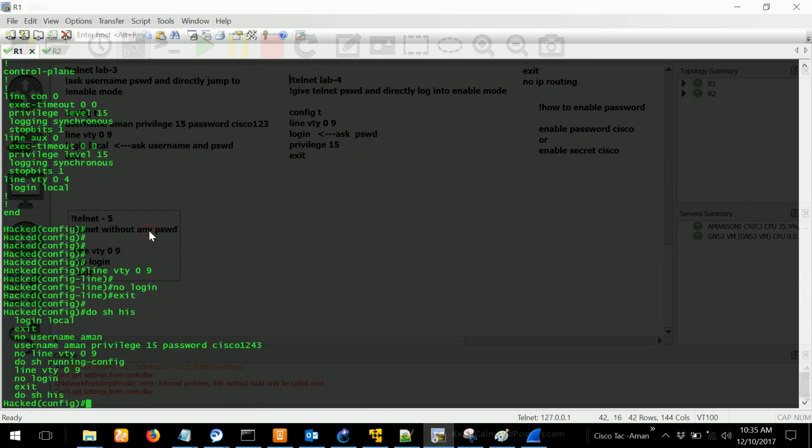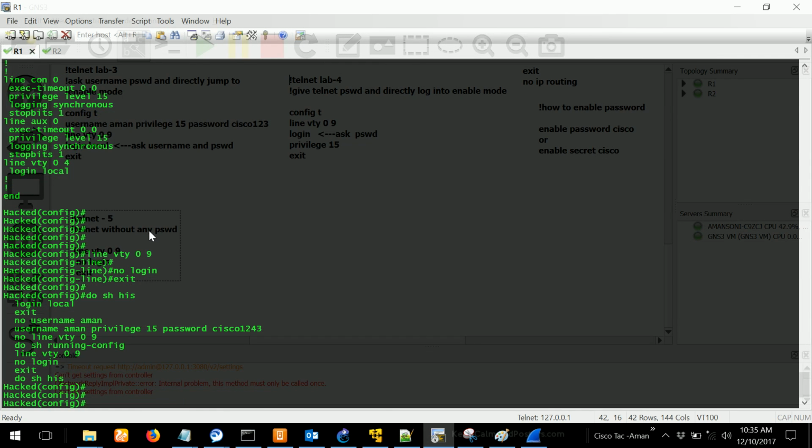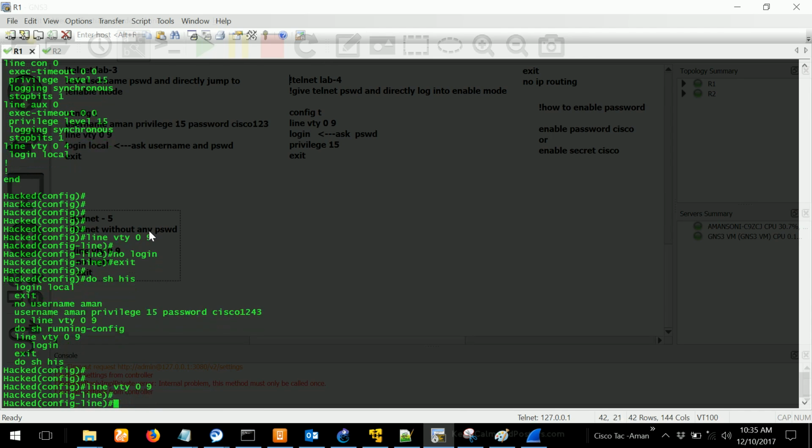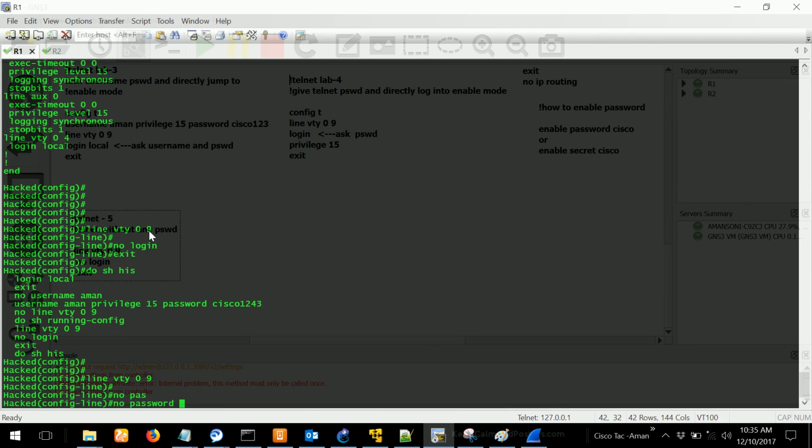So how we will turn off the telnet? It is pretty simple. When we started this lecture, when we started the lab, was telnet enabled? No, it was not there. So just set it to the default config. Go to the line VTY 0 to whatever and remove all the extra things you have done. If you have a password, remove it.